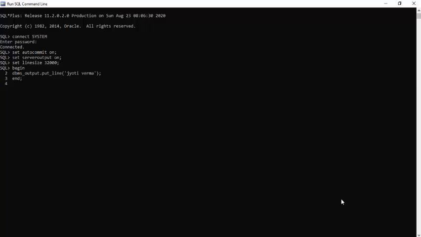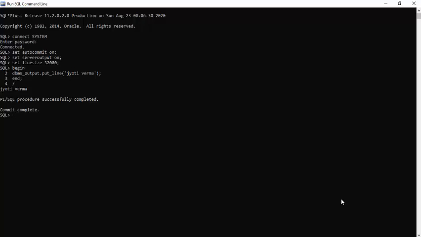Now there is no output. So what does this mean? You have to specify an ending character to represent that the program has terminated, and that can be represented by writing a forward slash. As soon as you give a forward slash, your SQL prompt will come to know that you have completed the PLSQL structure, and so it will give the output immediately. This is the first method of writing your PLSQL program.